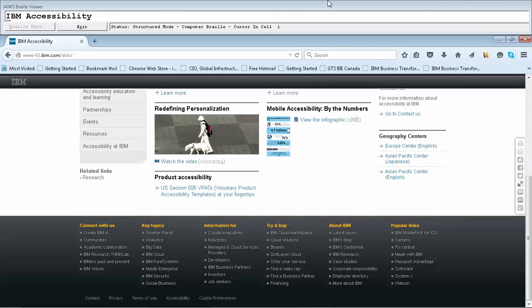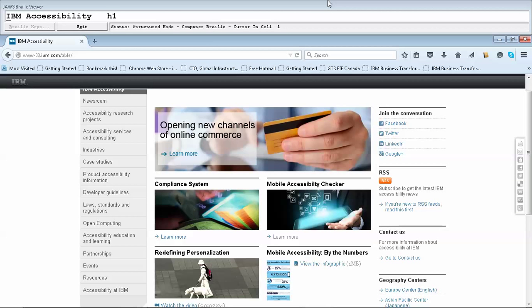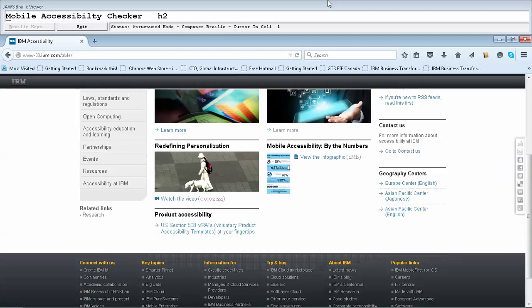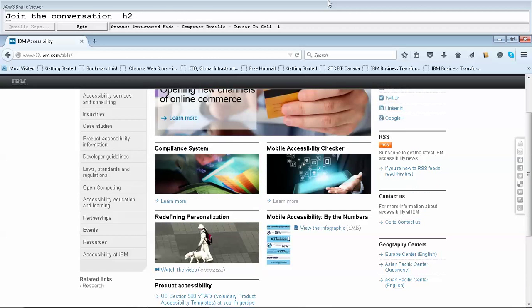If I do 1, IBM accessibility, heading level 1, takes me to the top of the main content. Then I do 2: compliance system, heading level 2, redefining personalization, product accessibility, mobile accessibility checker, mobile accessibility by the numbers, join the conversation, RSS, contact us, geography centers, related links, resources, all heading level 2. So we see that there are several sections with heading 2, but I want to see what's in this section,